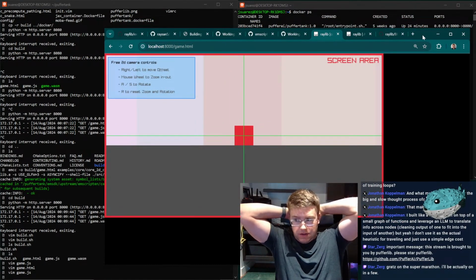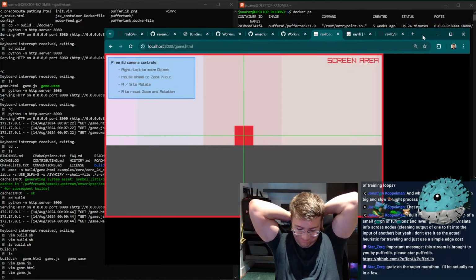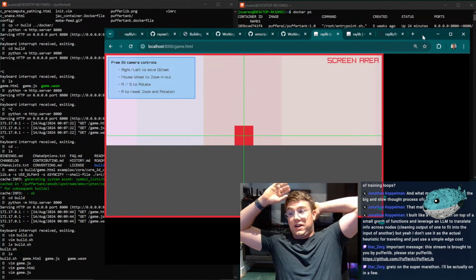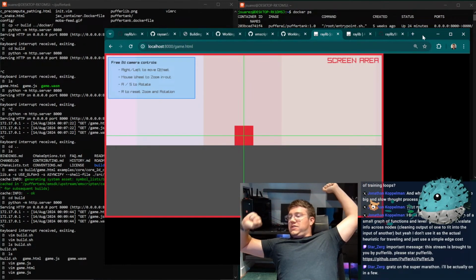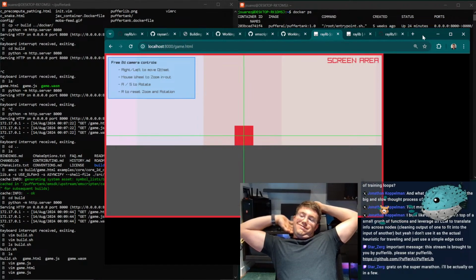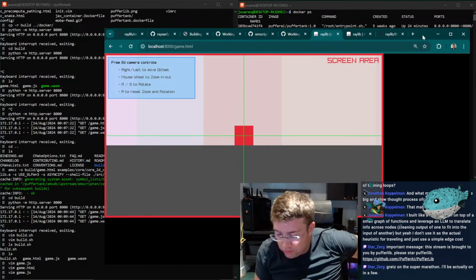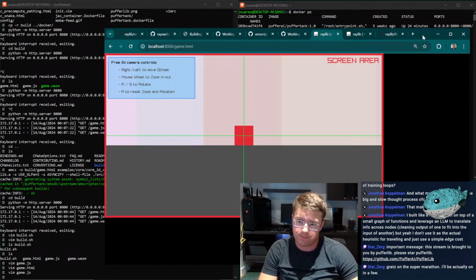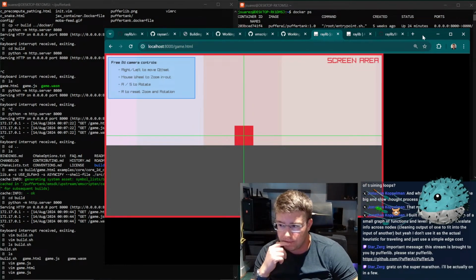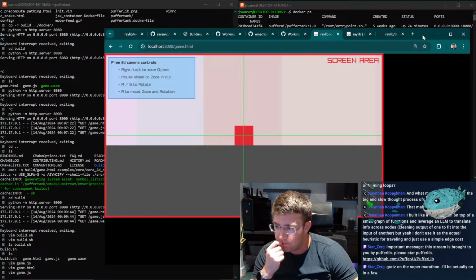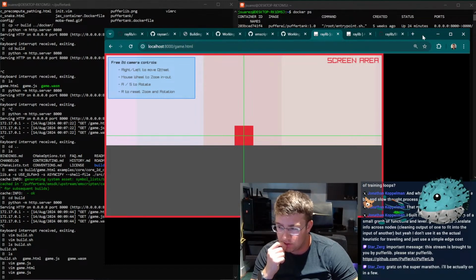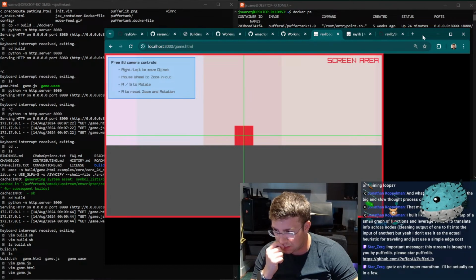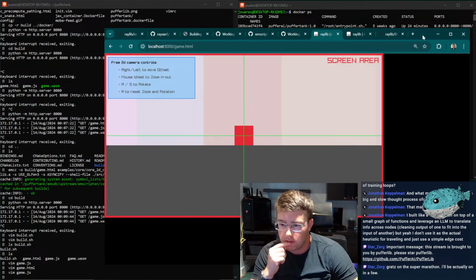I'd like to start actually implementing this environment now. Let me think if I've got any energy in me. I've got a meeting in an hour, so I think what I'll do is work on this for like 40 minutes and see if I get anywhere. I don't want to just use GPT to convert this, right?